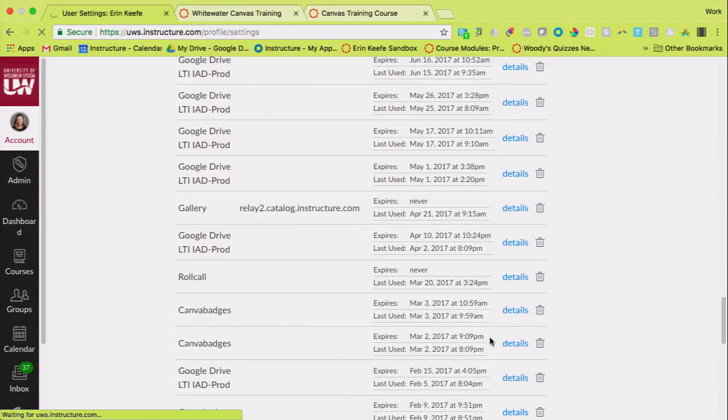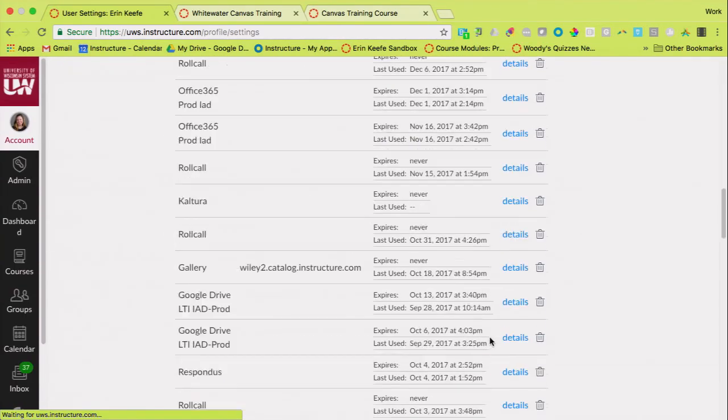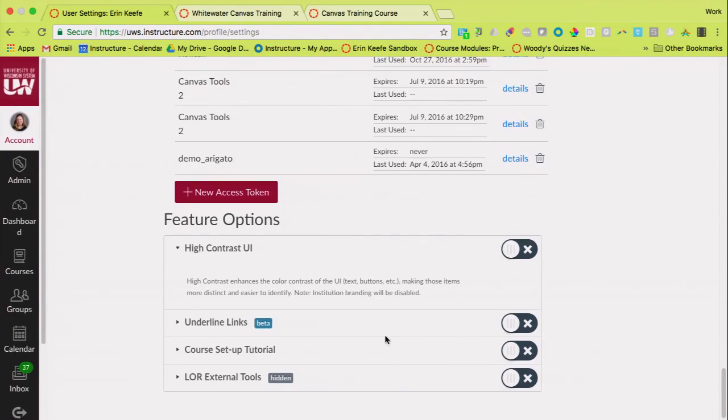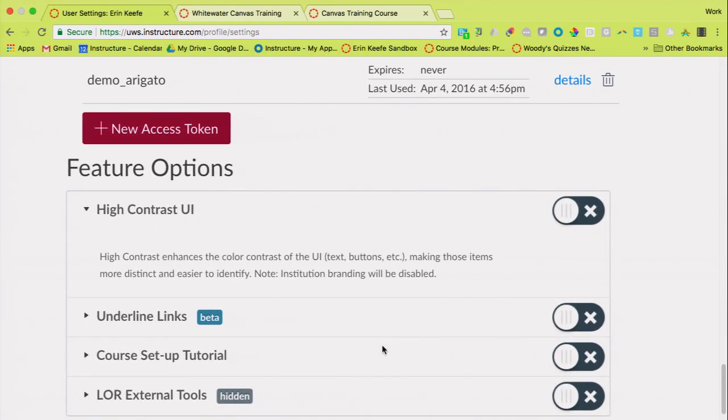But at the bottom of this page, you're going to see that there are some feature options. These are just a few of the accessibility options in Canvas, and I'll point out these two. The first one is a high contrast UI, which is really good for low vision if they're using Canvas. So it's going to enhance the color contrast. It won't necessarily then match up to your institution branding that you're seeing now.